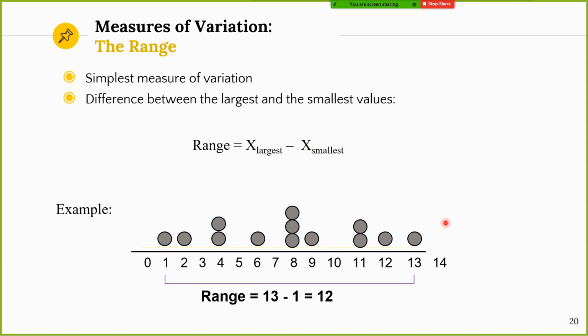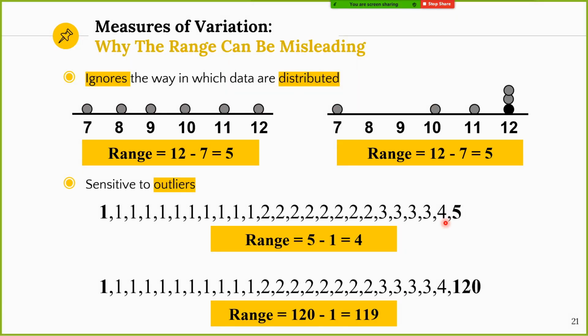You have the range. Why do we need to calculate this range? Because we also need to calculate the data characteristic that we have. So if you have outliers, the range will be huge. If the range is huge, it means that you will have dispersed data. Okay, so this is the range.